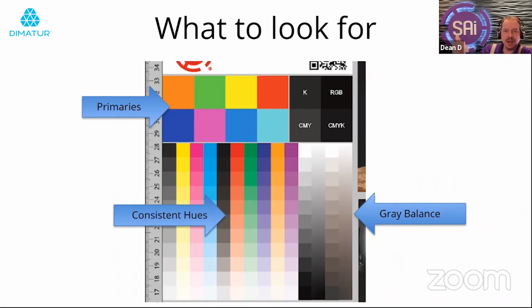We've got the CMY gray balance. We've got CMYK. We've got K balance, the K of gray. We want to make sure that the CMY gray is similar to the neutral K gray. Now, a gray might be a little brown. It's going to be a little what we call warm. That's okay. But if you've got hue shifts in there, if it's brown and then goes green or pink, and you've got hue shifts in that,